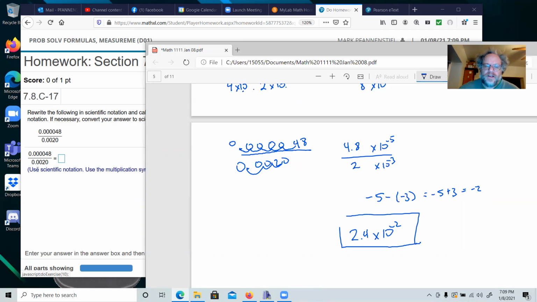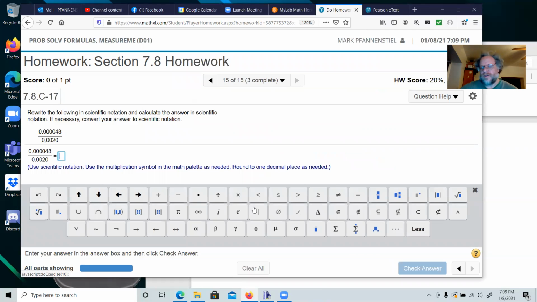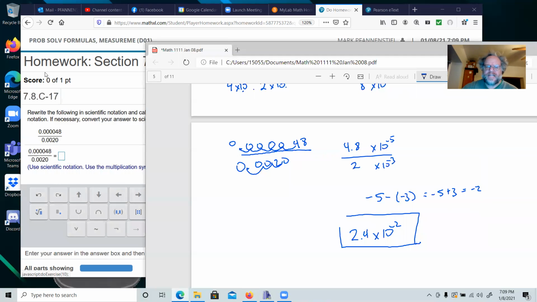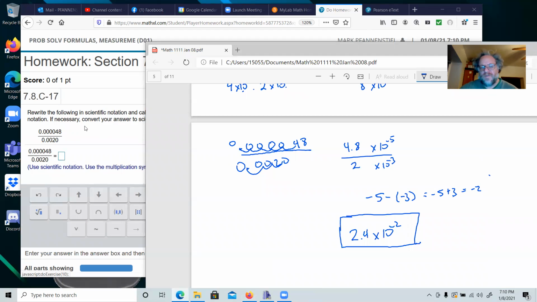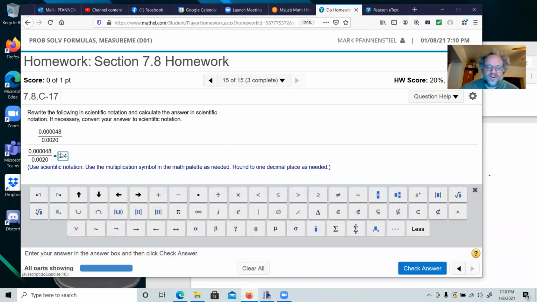Right? So who is this going to be useful for? You say, well, I have a calculator, I have a phone, I'm never going to need this. Like, I got news for you. In your biology labs, they ask you questions like this, and they didn't allow you to bring a calculator to the lab. So they want you to be able to do this kind of quick arithmetic. So there are still classes that insist that you are able to do this without a calculator. It's good practice anyway. If you ever want practice using math skills without a calculator,